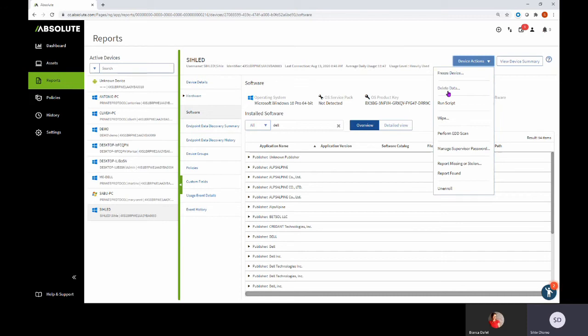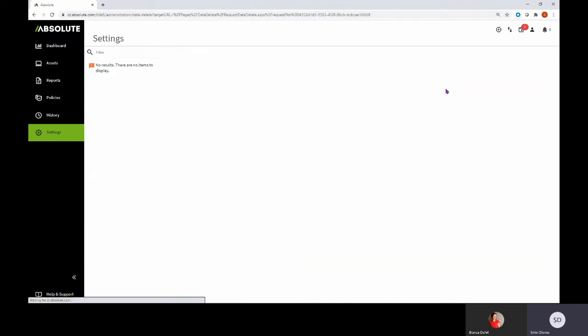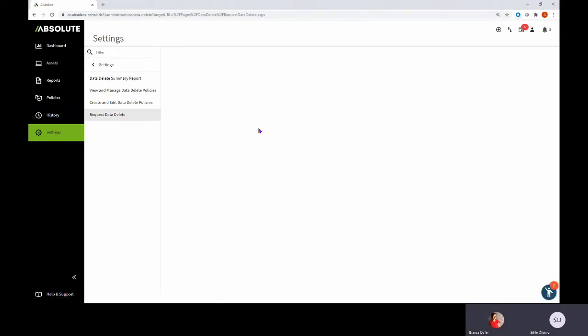The next action that you can perform is data delete. With data delete, you have several options that you can perform. So the first one, custom policies. Sorry, let me quickly pause you there. On the freeze option,